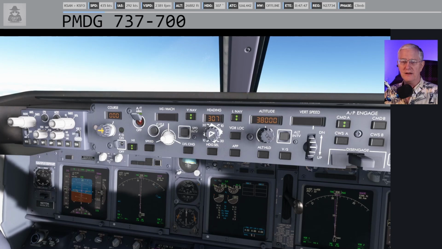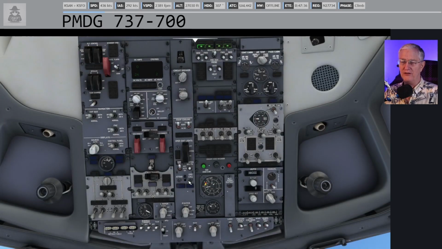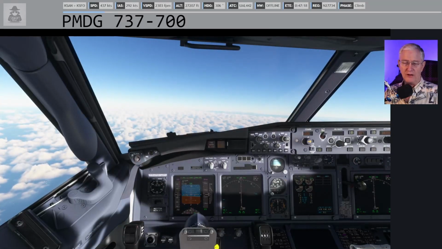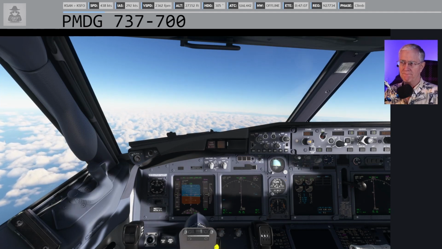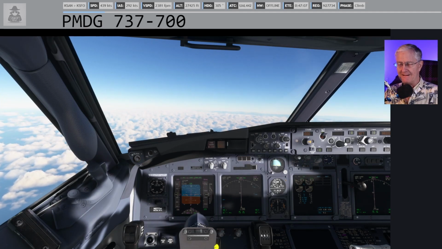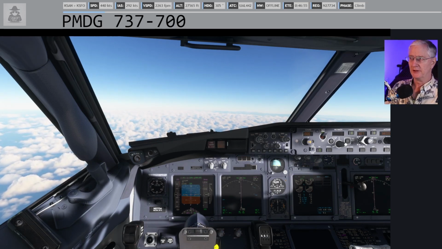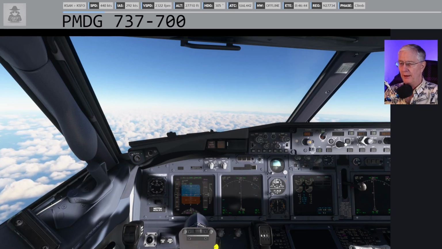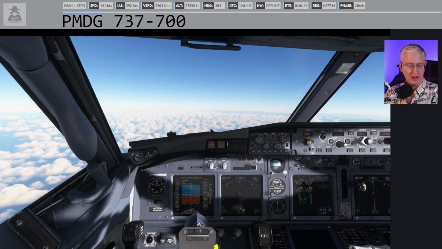307 is our heading. We're past 25,000 feet. This is usually when I go to seatbelts to auto, unless we were in a turbulence area at that point in time. Okay, I'd probably leave it on. Well, I would leave it on. But as soon as I can, I'm going to turn it off, because I will never forget the